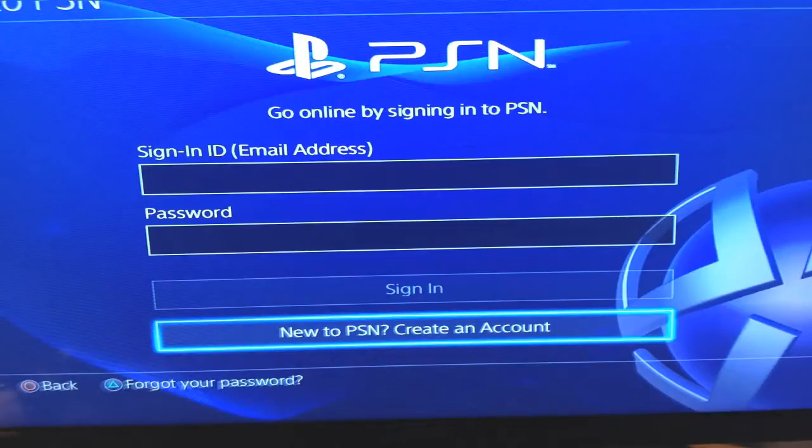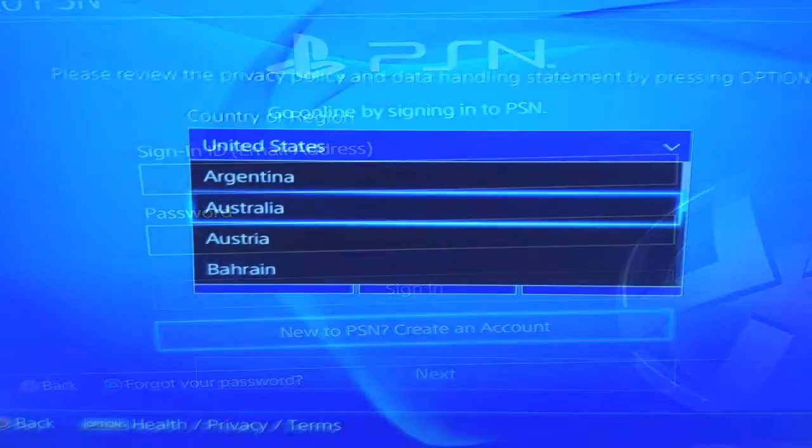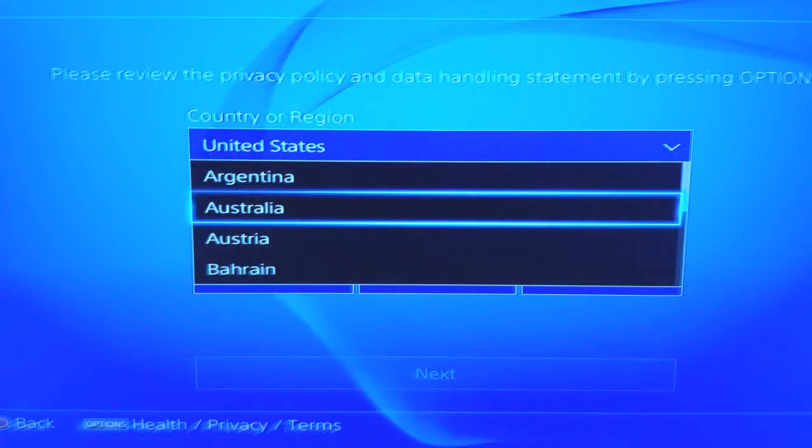Next up, it's going to ask you what your country/region is. You're going to want to change it from the United States or whichever location you are located in, and switch it to Australia. So anyway, answer everything else down below. I think it asks for your birthday and your language. So you're going to want to set the language to English because I think that's the language that's spoken in